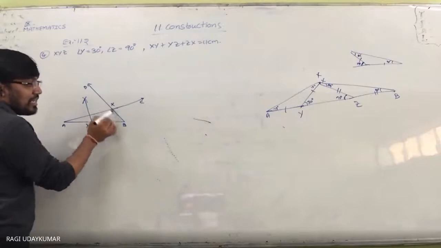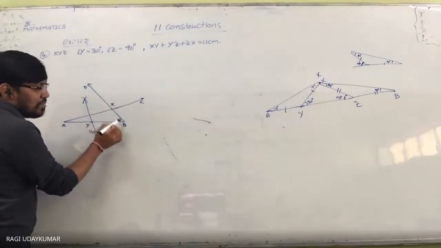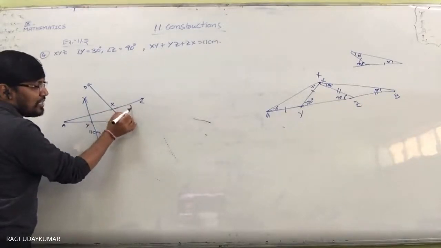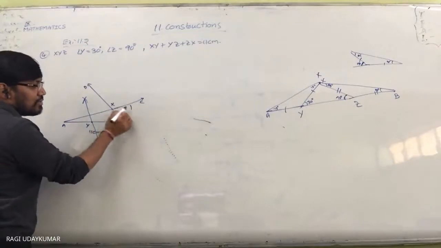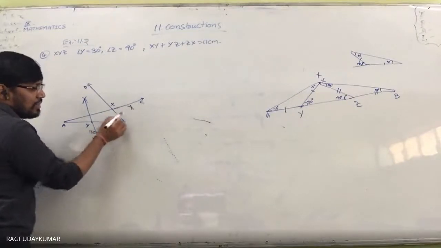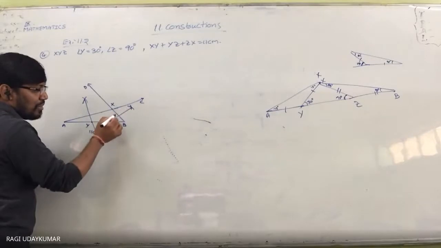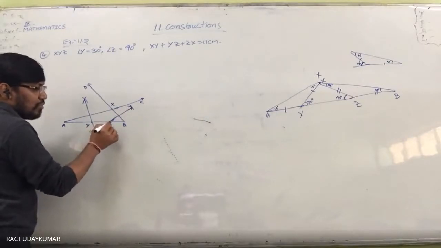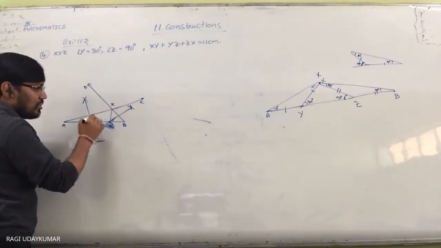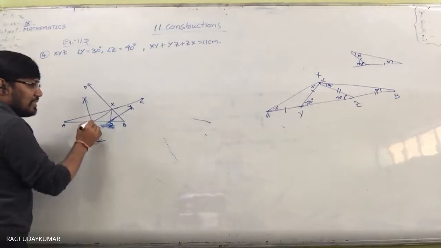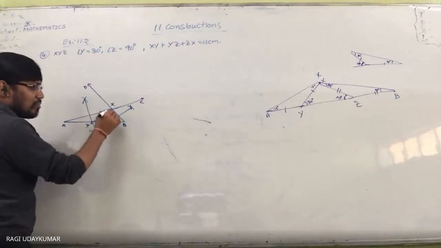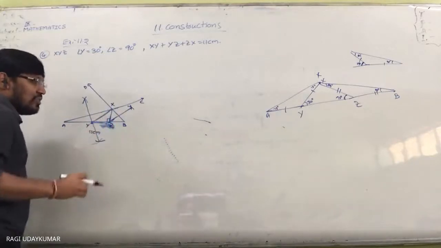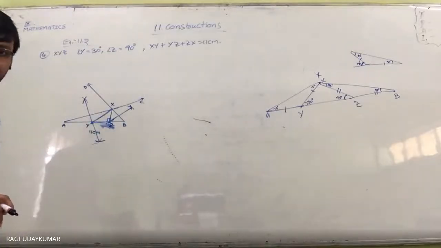And perpendicular bisector of the BX ka perpendicular bisector. So here one arc, you get this one, here one arc, here. So approximately perpendicular bisector will be like this. So it is intersecting at the point of Z. ये X and Z join करो, X and Y join करो. This X, Y, Z is required triangle CZ is equal to 45 degrees.